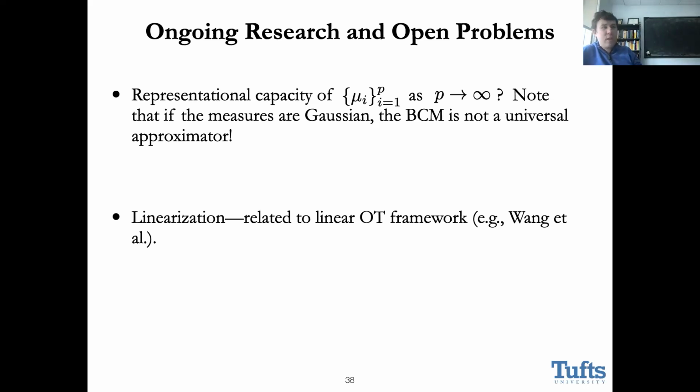And then a different framework that some other groups have been working on is the so-called linearized optimal transport framework, which gives a pretty big boost in computation and, in some sense, a totally different model for how to think about probability distributions and how they relate to each other. I do think that could be built into a barycentric type model, where one would reconstruct not by Wasserstein barycenters, but by a maybe more limited model that would be amenable to analysis.